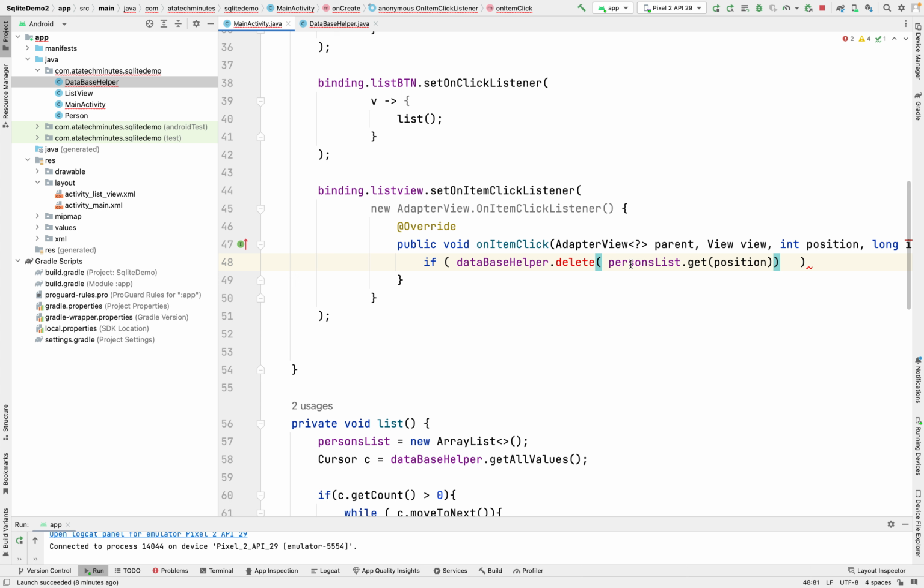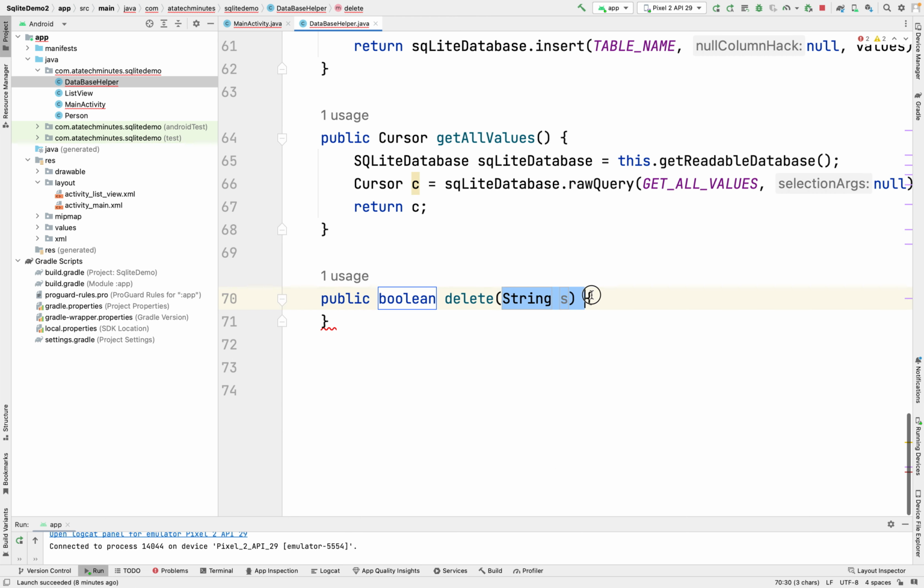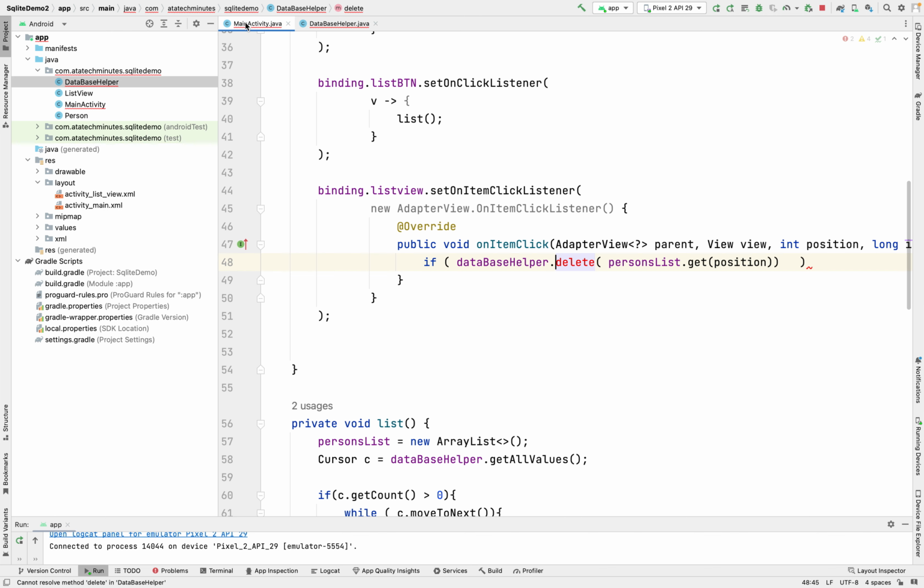Remember that. So now maybe is the best time to create the method. That means that it will put here some string, only that. And another thing is that